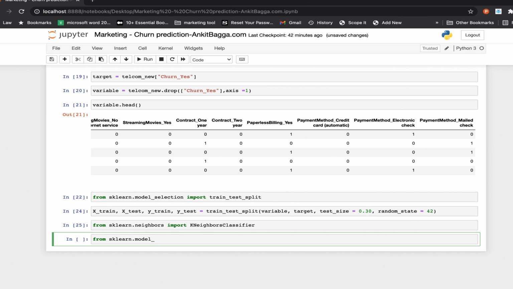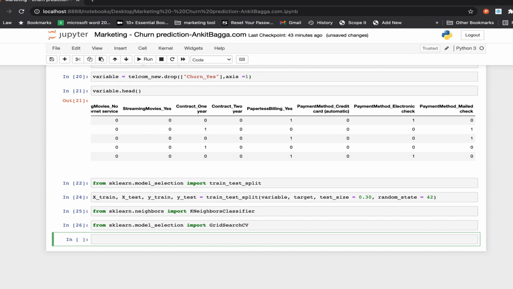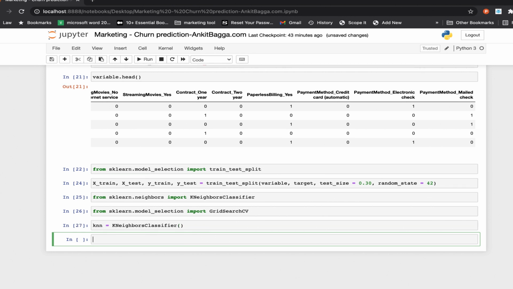For people who don't know what grid search CV is, here we'll be using different values for n neighbors to understand where the model performs the best, and for that we have a grid of all the possible n neighbor values, which is where we use grid search CV. We'll be using KNN and call the k neighbors classifier on it, and define the parameters